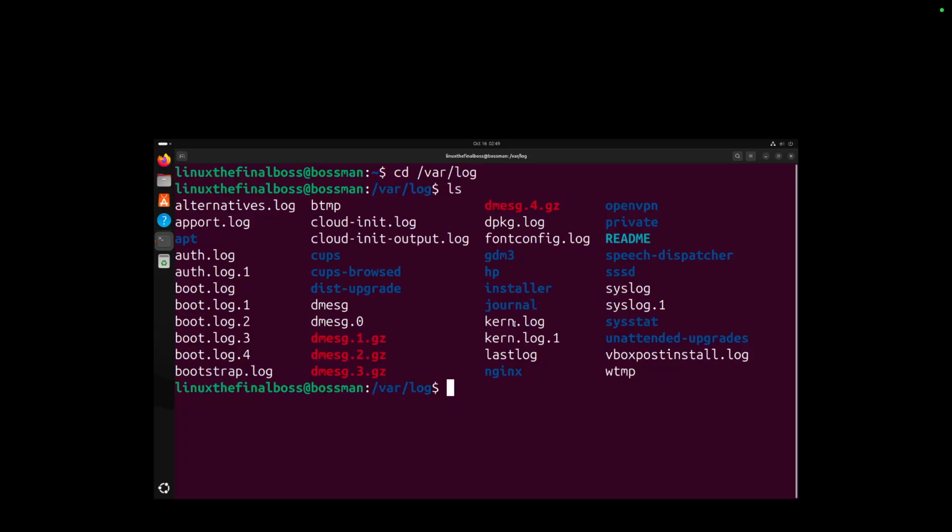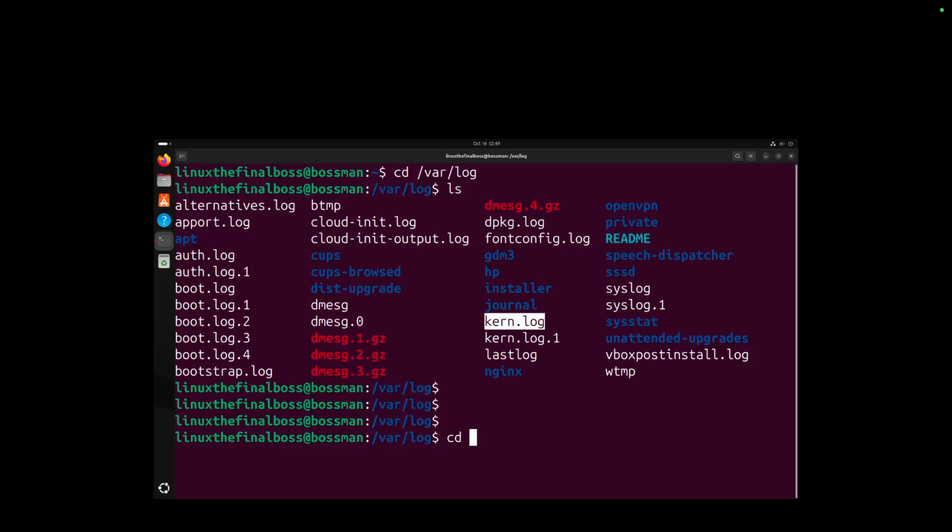Then kernel.log is there, which is for kernel messages. We have boot.log for boot messages. There will be multiple ones: auth.log for authentication, secure, secure.log. Then for the services, you will have directories created. So let's say if I